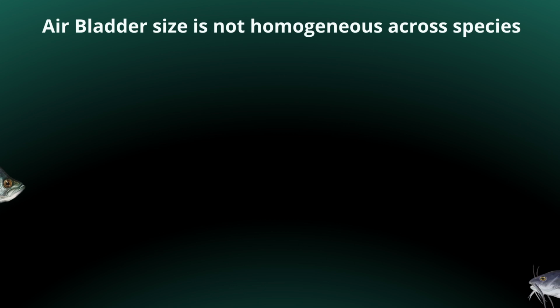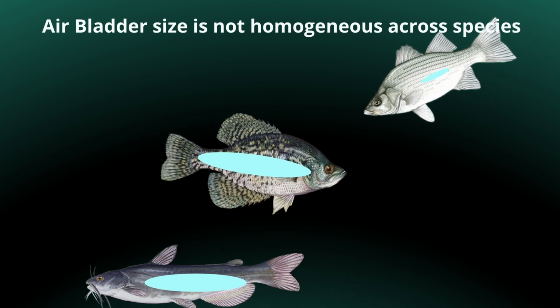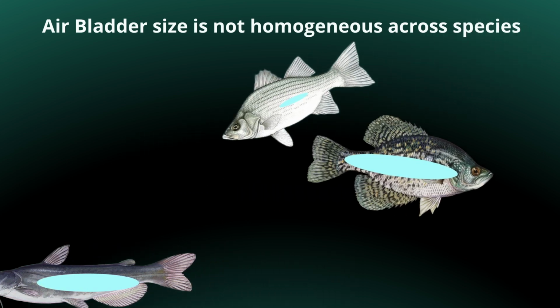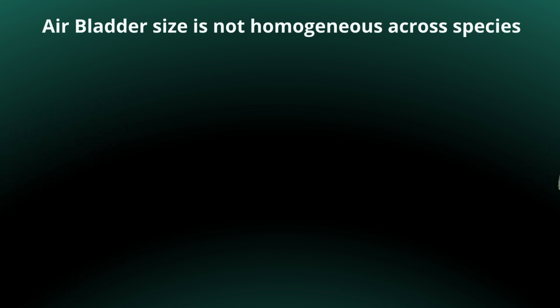Another important concept is that air bladder size is not homogeneous across species. Some species, such as the carp, even have multiple air bladders. This could drastically affect the return signal that a fish gives off. It turns out a fish's movement inside of a sonar cone can also have a drastic impact on how its target strength is